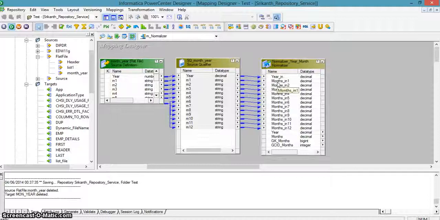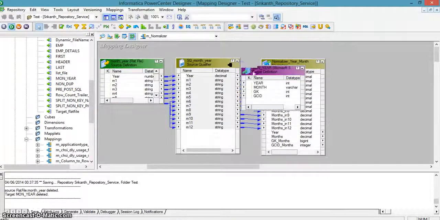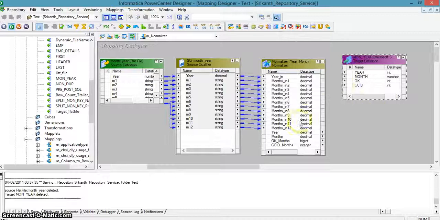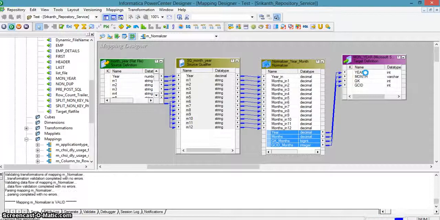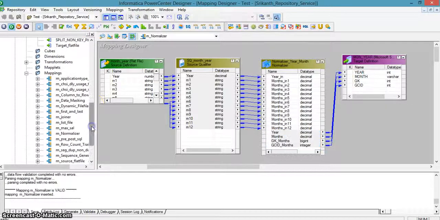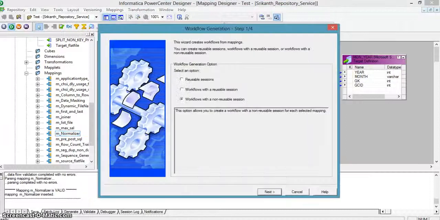But here I am directly taking the target transformation and mapping these 4 ports to it. I am saving the mapping. Then I am directly generating the workflow.